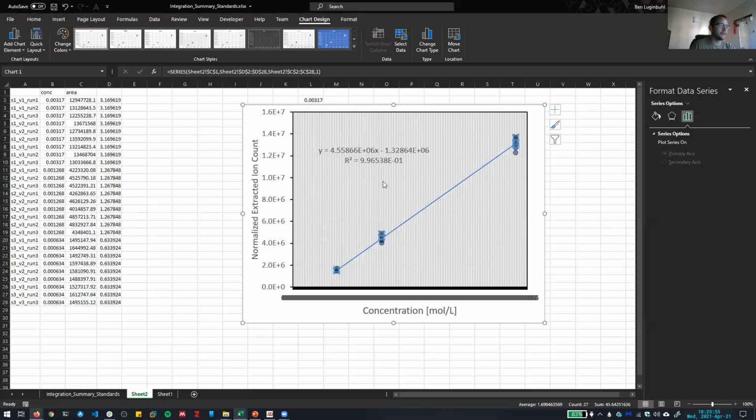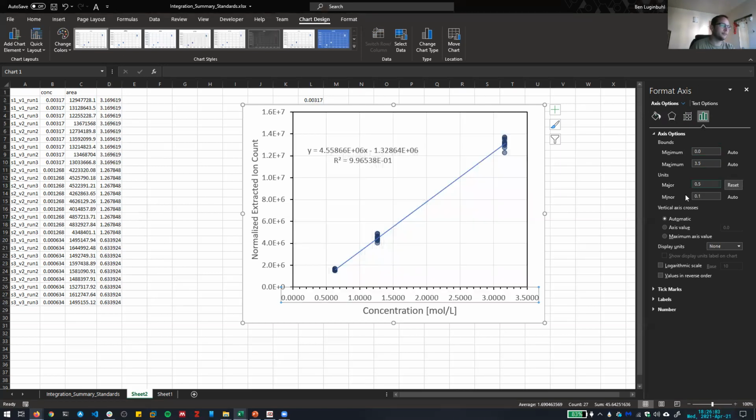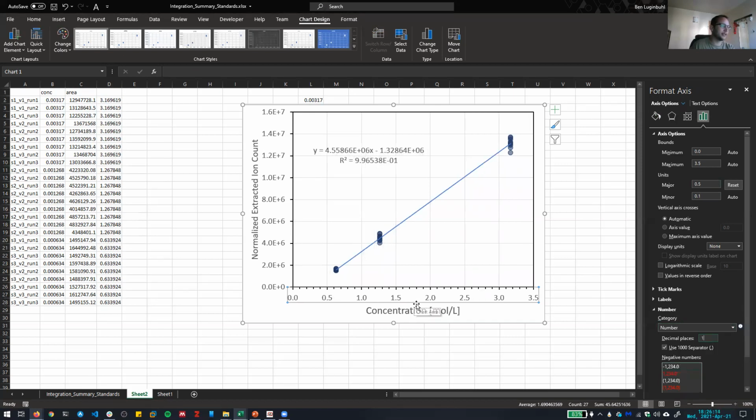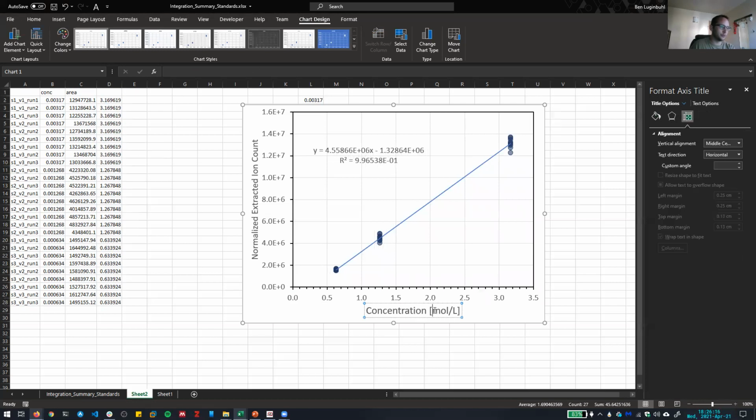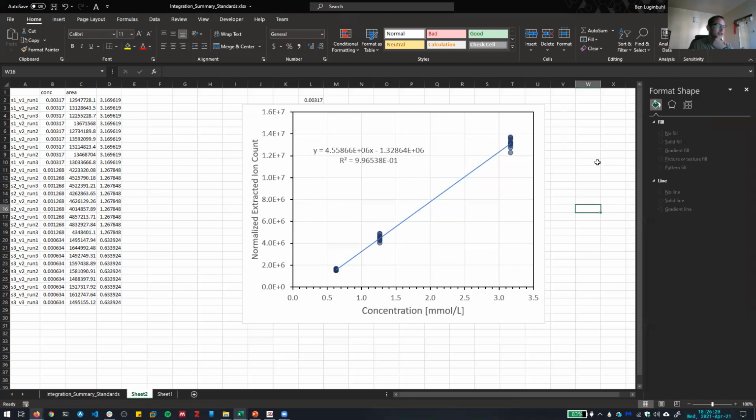And now we have a whole bunch of nonsense with our axis, of course. So major, we want 0.5 instead. There we go. So that makes more sense. And then back to our numbers, we'll do 1 decimal point there. That's a little bit cleaner. And of course, change this to millimoles per liter. And so now we have a nice looking professional graph,